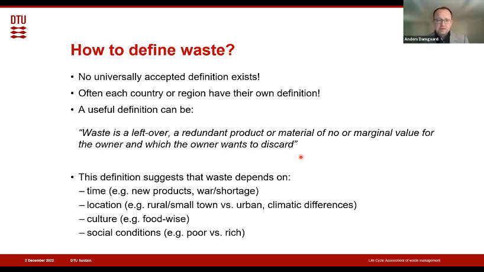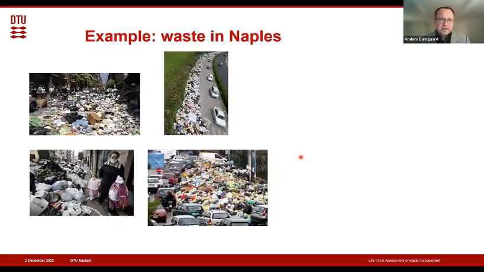Culturally, there will be differences. Food-wise, what is it we eat? What is it we consume will depend on different cultures. And finally, social conditions. Are we in a more affluent area, or are we in a poor area of the city? Well, again, that will depend on different patterns. And all of this is important, because when we talk about waste, it seems like it's this homogeneous material, but it is really these very heterogeneous sources where one solution doesn't always fit the bill.